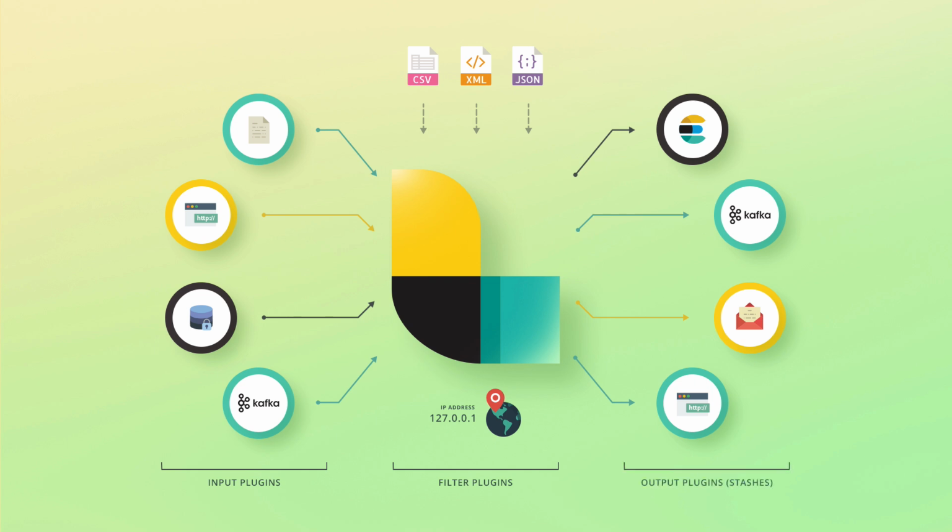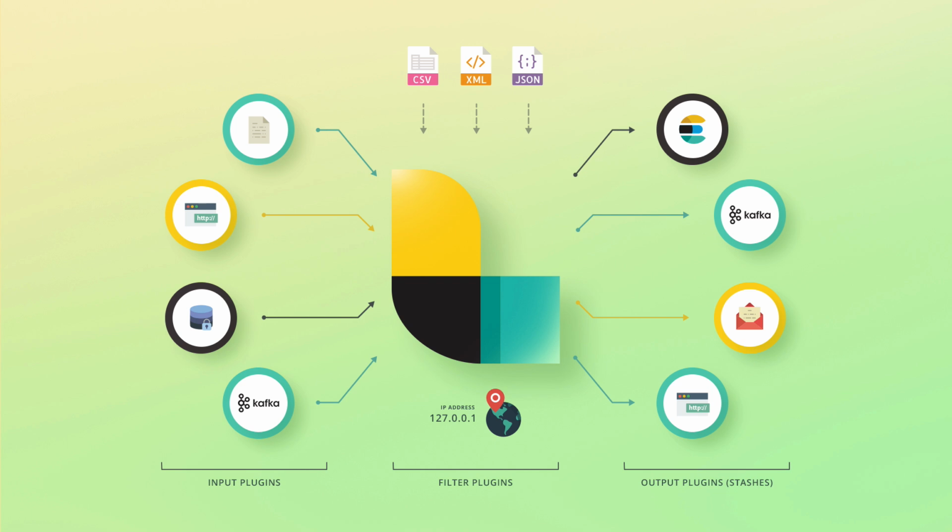An output plugin is where we send the processed events to. Formally, those places are called stashes. You can see a couple of examples on the right hand side of the diagram. So, in a nutshell, Logstash receives events from one or more inputs, processes them, and sends them to one or more stashes. You can have multiple pipelines running within the same Logstash instance if you want to, and Logstash is